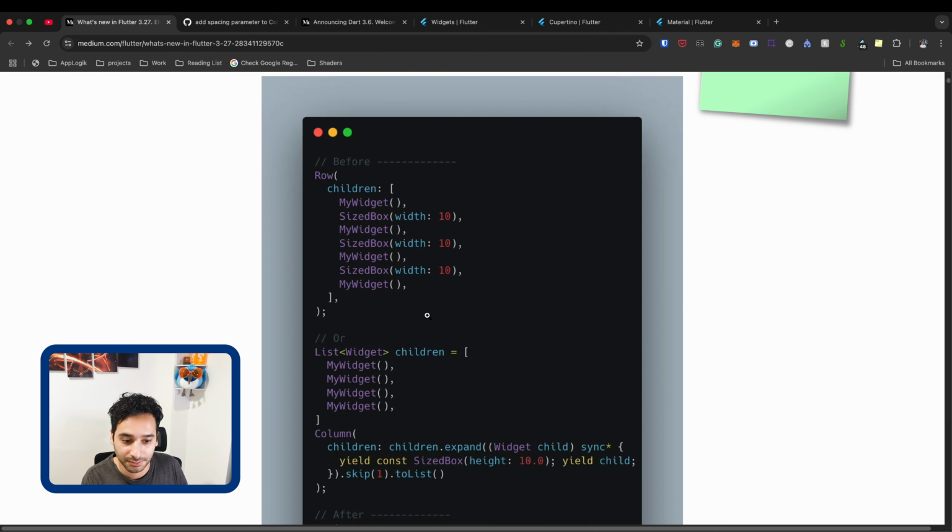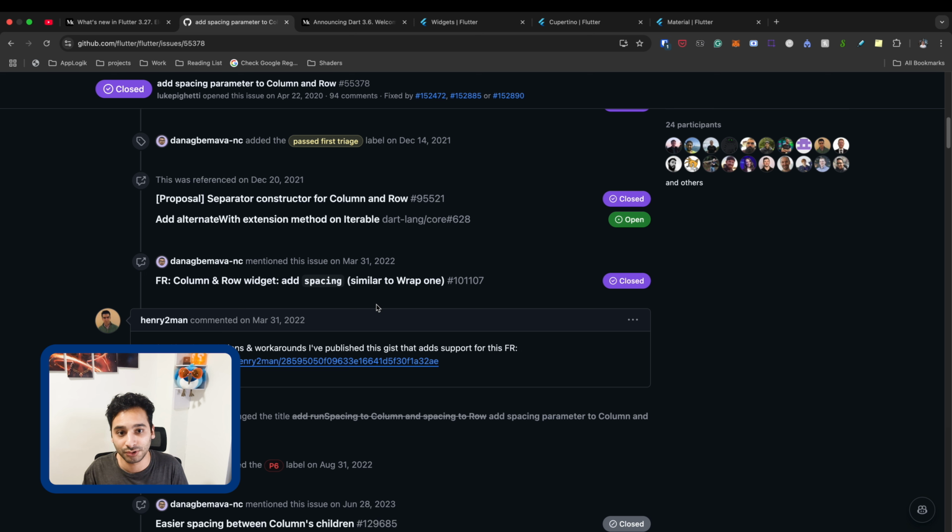So the point is that we have single or small widgets or classes that do only one thing perfectly, and you can compose them together. And that's why they thought that it's not a good idea to add the spacing, because it adds some complexity to the feature and makes development harder or more challenging when we want to add other features.